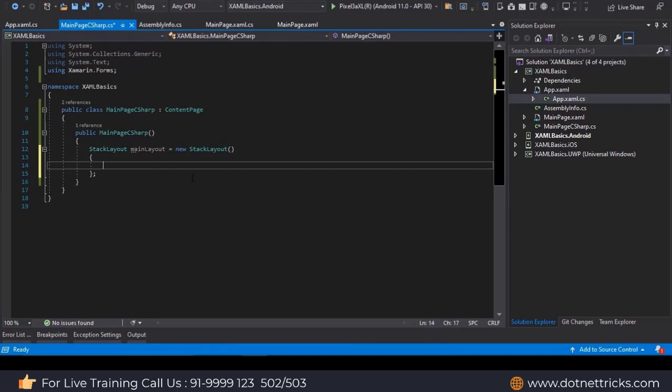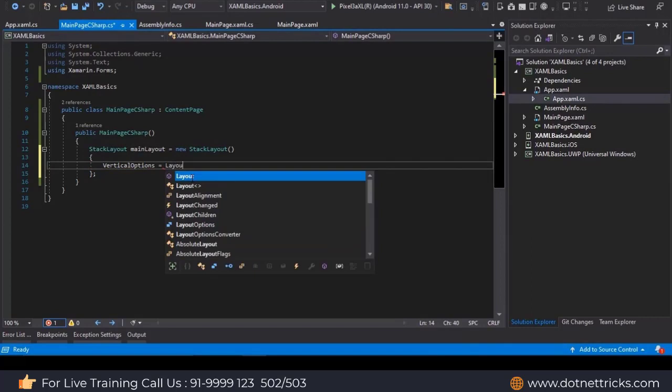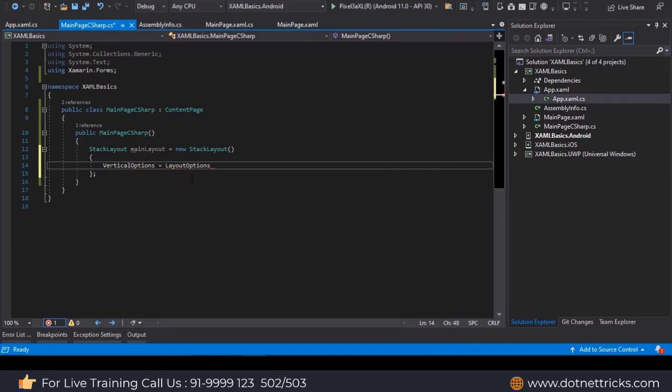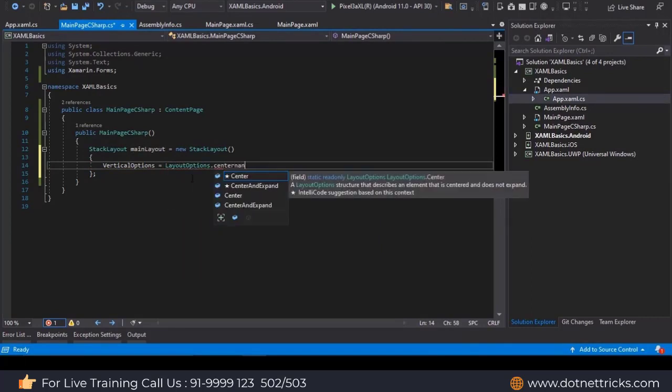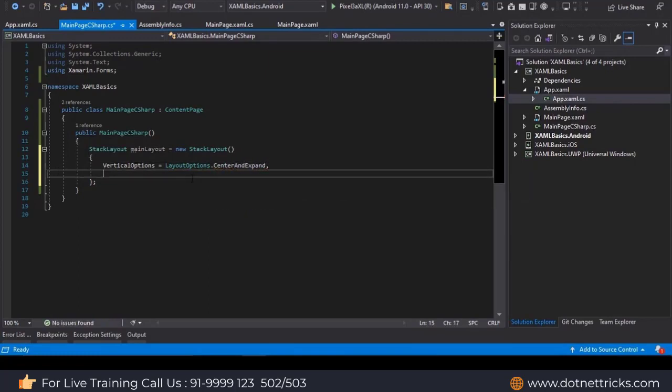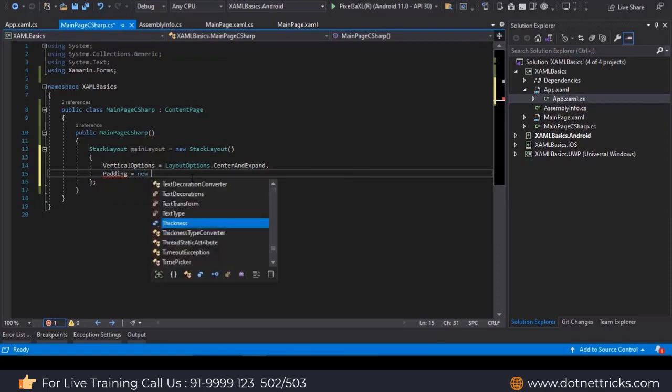and we need 2 options. One is VerticalOptions, which has to be LayoutOptions.CenterAndExpand, and then the next one is Padding, which is of type Thickness.